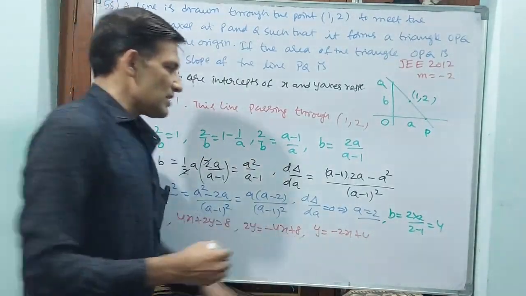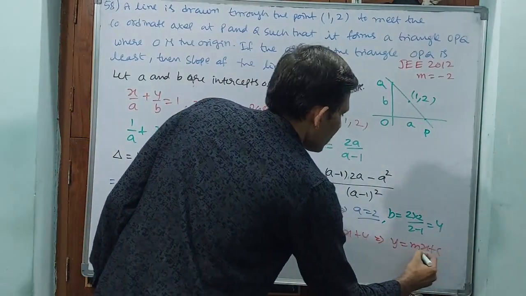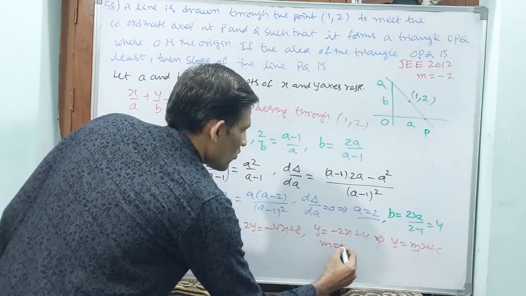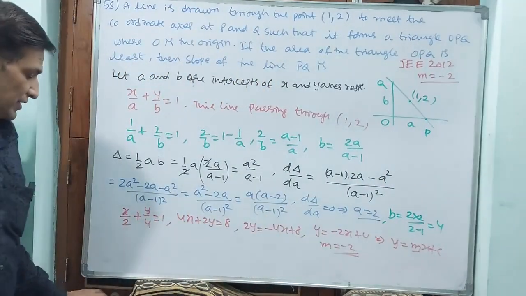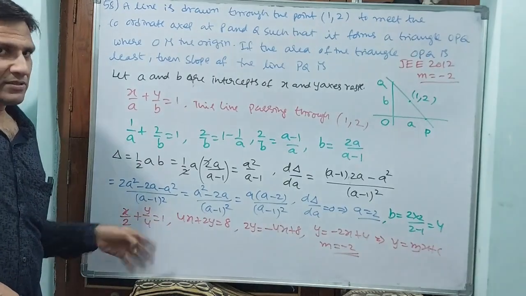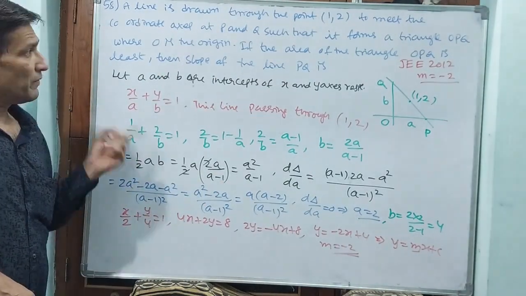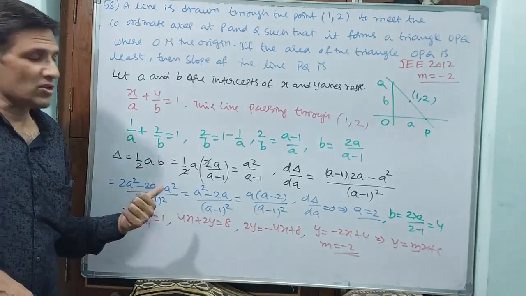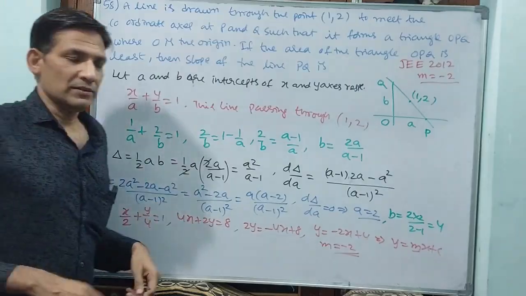Now you tell me, this is like y is equal to mx plus c. m will be the slope, so minus 2 will be your slope. Understand? The second derivative test step I have skipped. It is not required for competitive examinations. If it is your regular board examination, then the second derivative also you have to do. Okay, let us go for the next question.